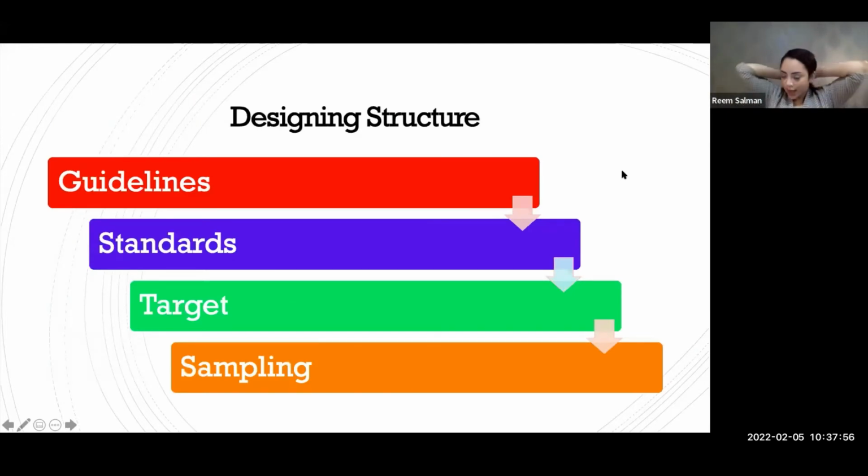So now we've decided on the topic, we've put the aims and objectives, we've decided on the guidance that we want to audit, and we extracted our standards from it. And that's why I've put it in like 2 steps. We have the guidance, we extracted the standards out of this guidance that we are actually following. And now we have a new word here, which is called target.